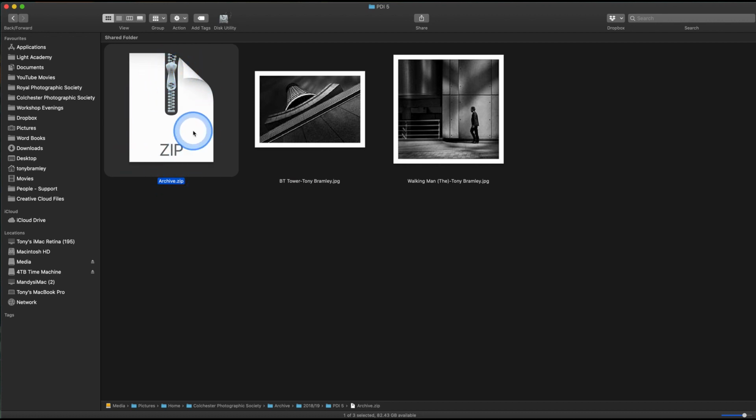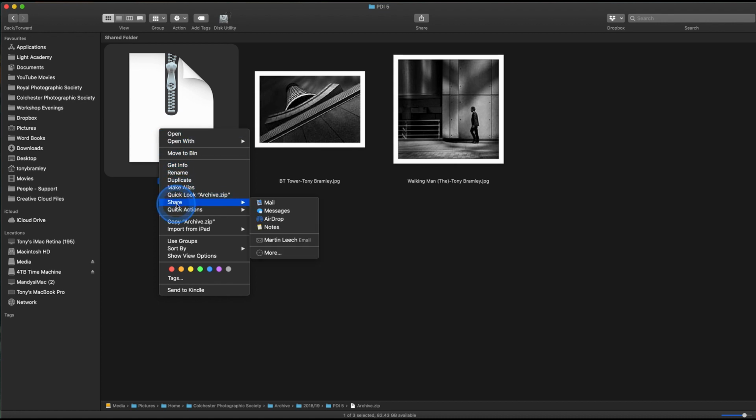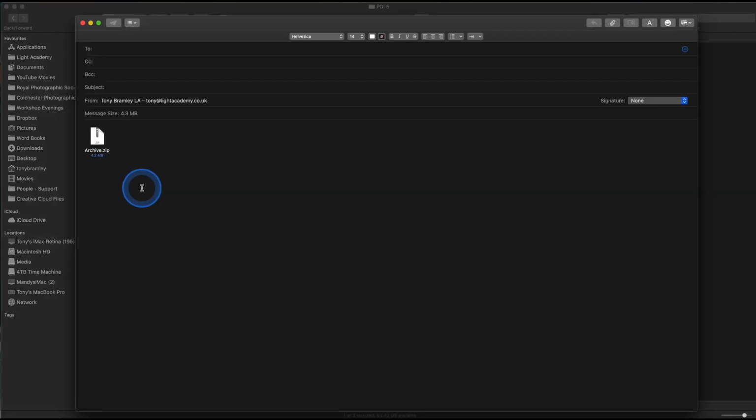This is the folder that you want to send off if someone's receiving on a Windows machine. And again, just right click on this new zip folder, and this time we will go to share and go over to Mail. That will open up Mail and will automatically put the zipped file in there. It will come up as an archive, but they will be there with their file names as you had them